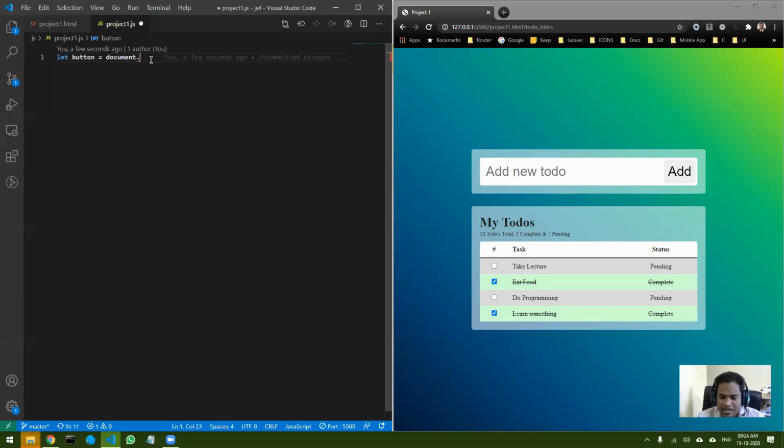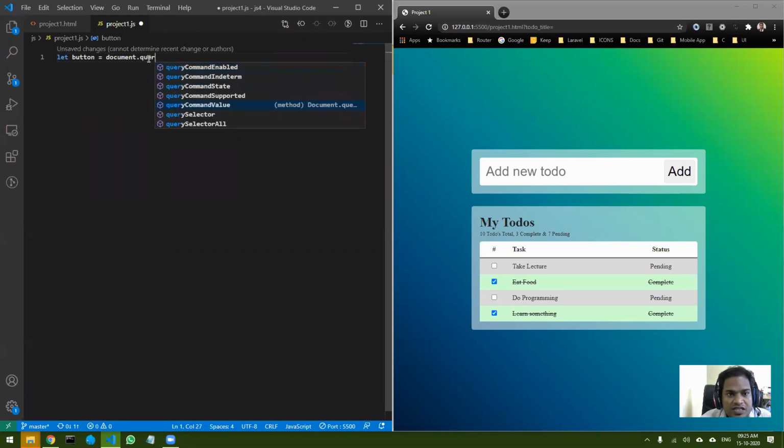One is getElementById, then there is querySelector, and I mainly use querySelector to select all the elements, because it uses CSS selectors to select the elements. So I usually prefer that. So let's use querySelector.